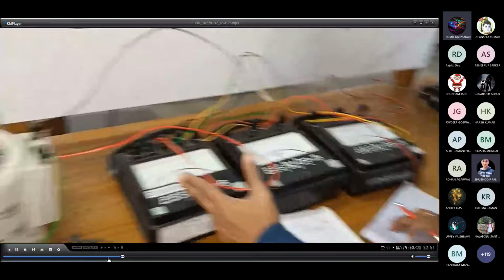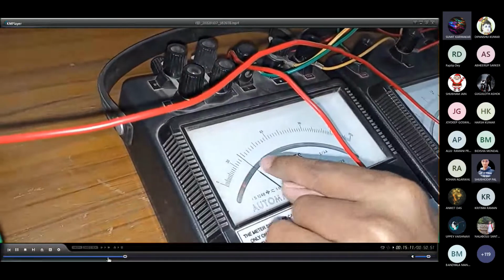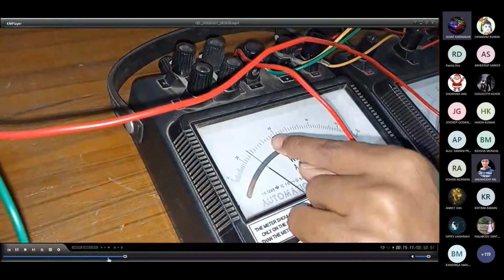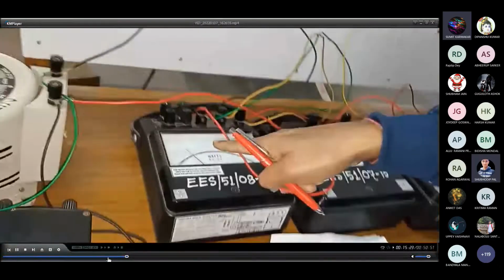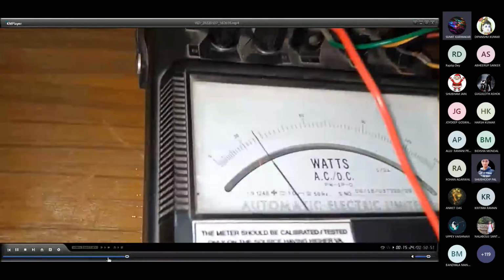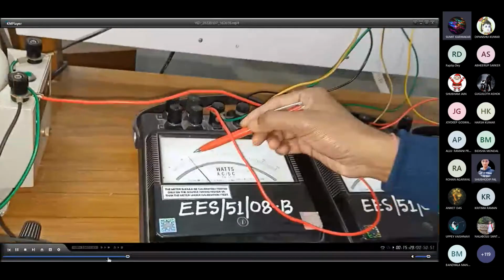And the current also we have noted, right? Okay, current is fluctuating, and the power you can see exactly 30, 40, 50, 60, right? So 30, 40 means it is 36, right? So for this one, we are writing 36. Exactly the power is 36. Is it visible to all of you? I hope it is visible, right? See, 36, that means third point, right?